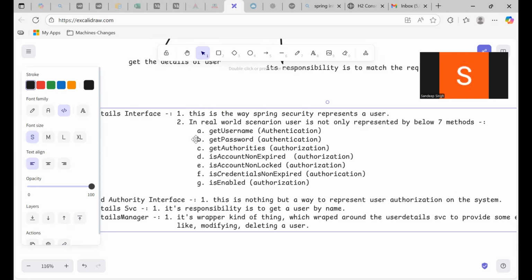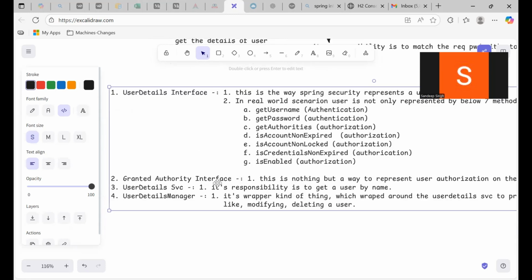So these are a bunch of parameters that were taken into consideration while developing this Spring Security framework. Okay, let's move ahead to the GrantedAuthority interface. This is nothing but a way to represent a user's authorization, meaning the privileges he or she has over a